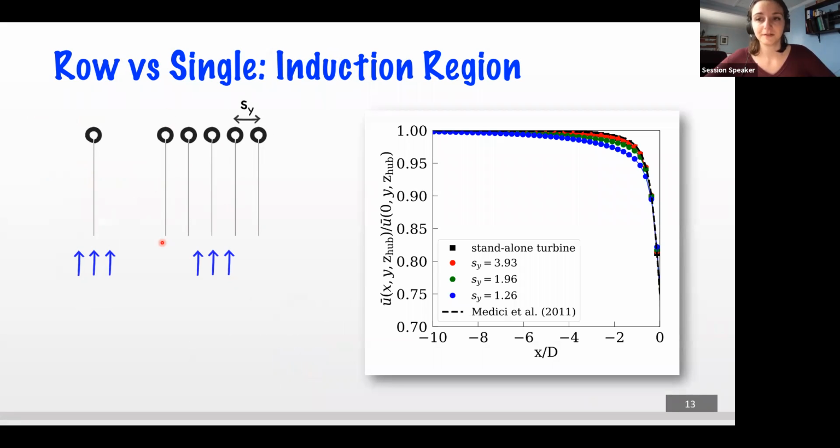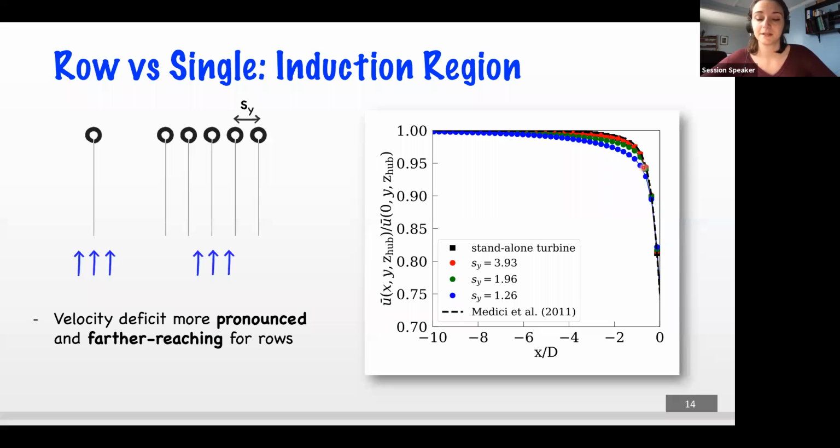And what I'd like to point out is that the velocity deficit is more pronounced for the rows than the standalone turbine and is also farther reaching. So this less than 1 value exists farther upstream. And as spacing decreases, so for example, the blue case, which is the smallest, the induction is enhanced,